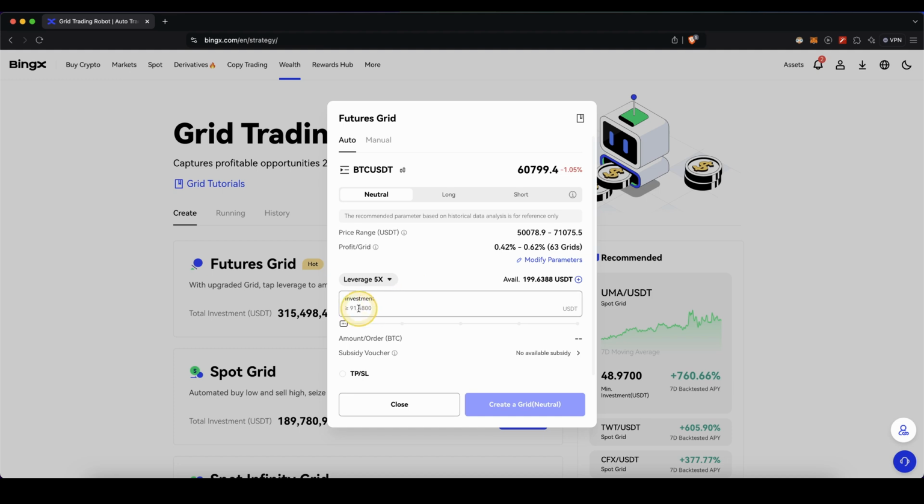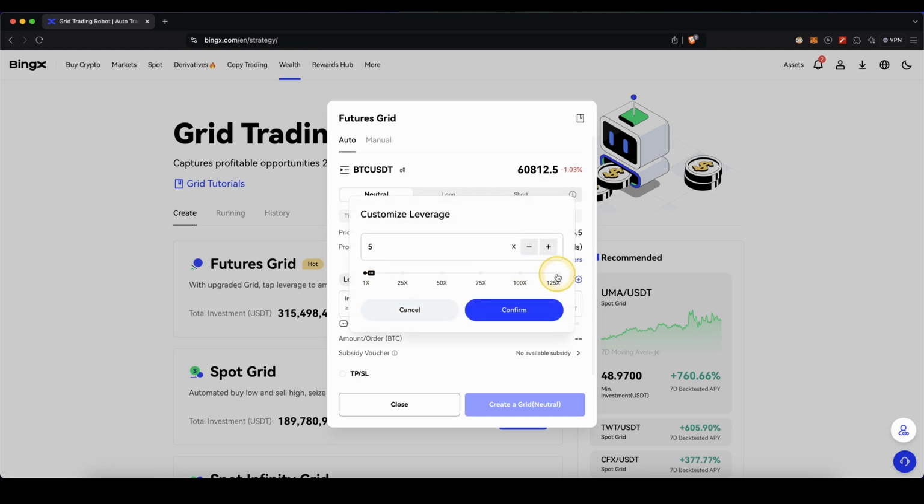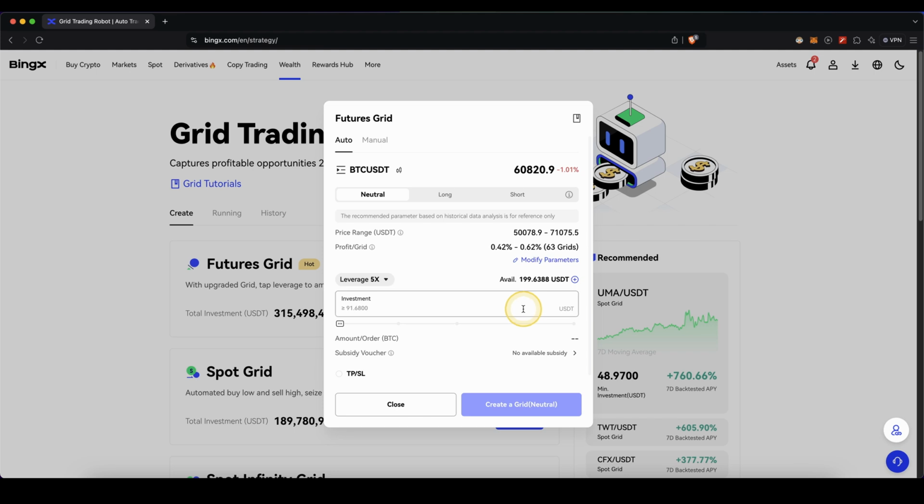Then down here, you can choose how much you want to put in this trading bot. You can see your available balance right here. If you click on the plus, you can also transfer some more money onto it, or of course deposit more. And here you can also use your leverage, which you can use up to a 125x. I would definitely recommend start off with a smaller leverage. In this case, I'm going to leave it at a 5x. Click on confirm. And then down here, type in the amount that you want to invest in this trading bot. So you can use the slide controller or simply type in, for example,